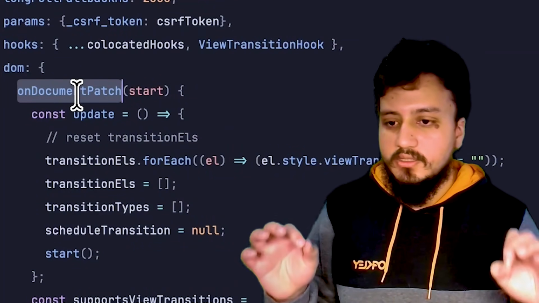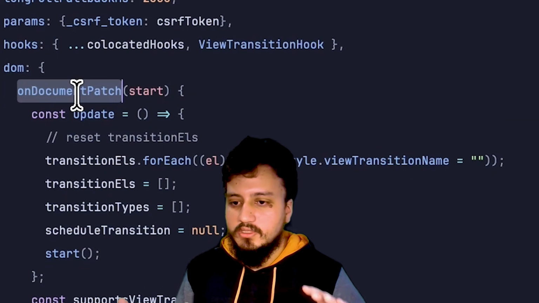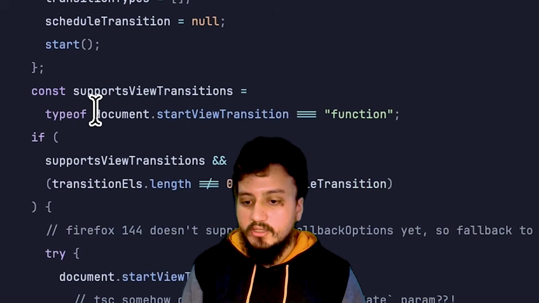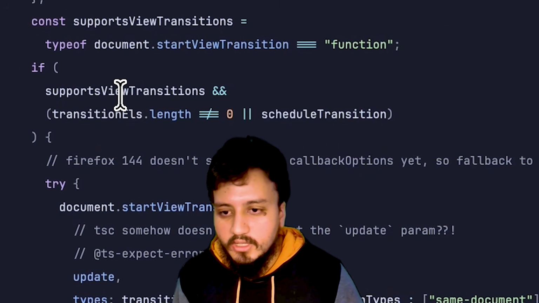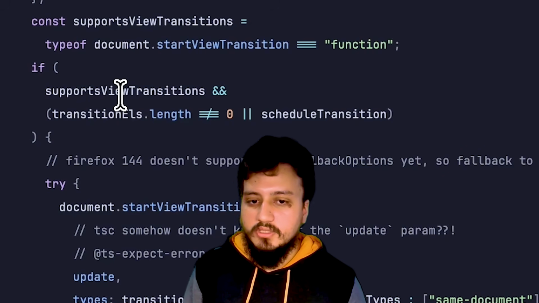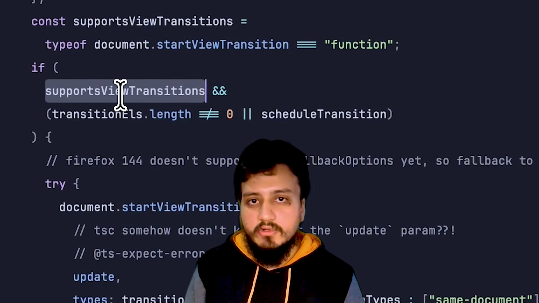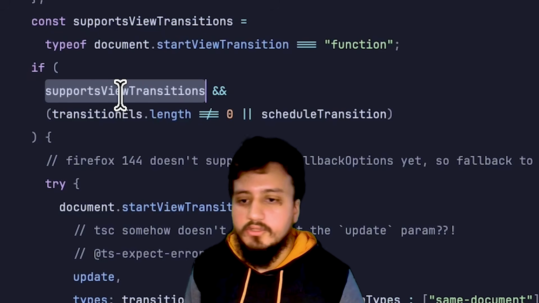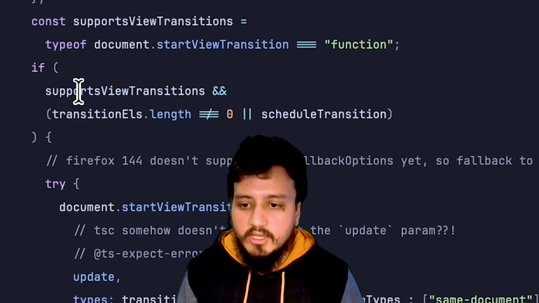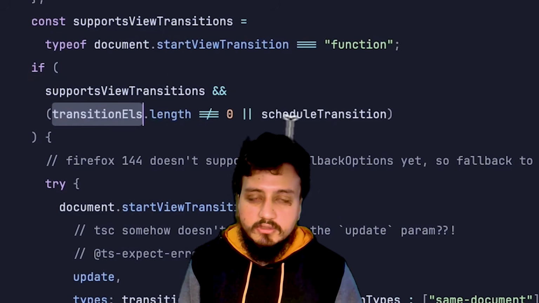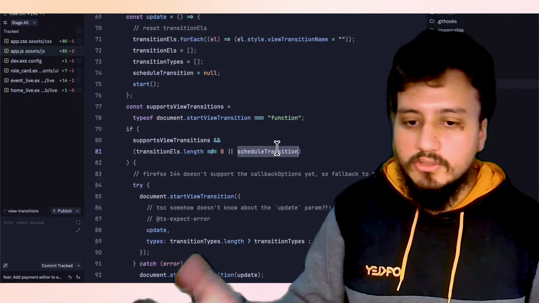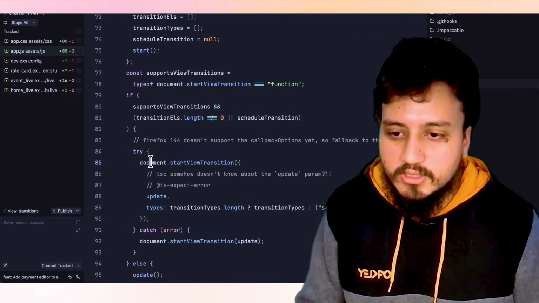Then what it says is, when something is triggering on document patch, we're gonna check if we have some transitions, and we support view transitions. And this is important because if the browser doesn't, you're just gonna lock out your folks from actually using our website. And then if we have some transition elements and there's a transition schedule, which we'll see really soon, then we actually just call the element